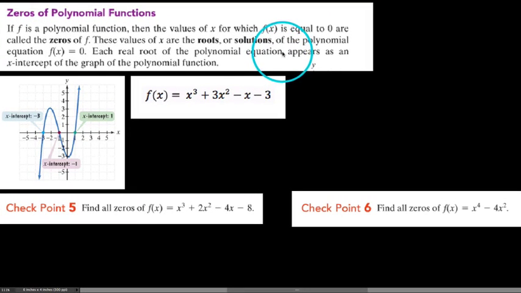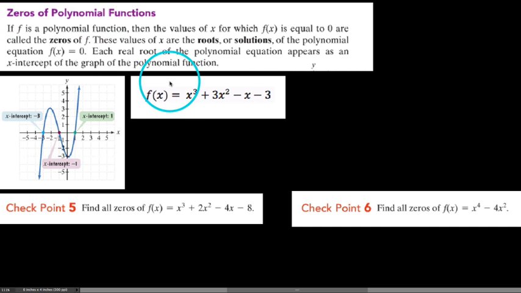Okay, in this video we're going to focus on the zeros of polynomial functions, and a zero is actually a concept that we're already very familiar with. It's the same thing as an x-intercept, but this time we're going to formally refer to it as a zero. So we say if f is a polynomial function,